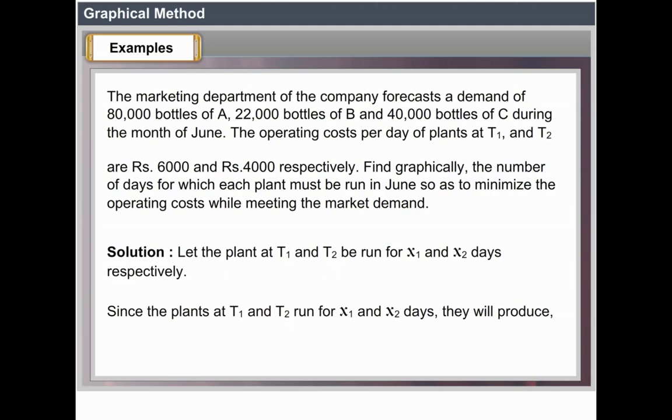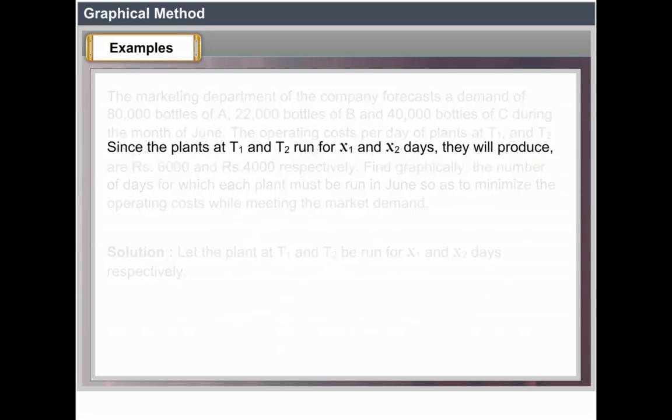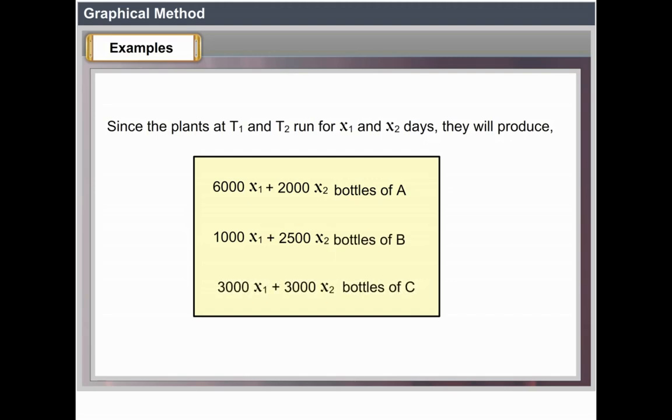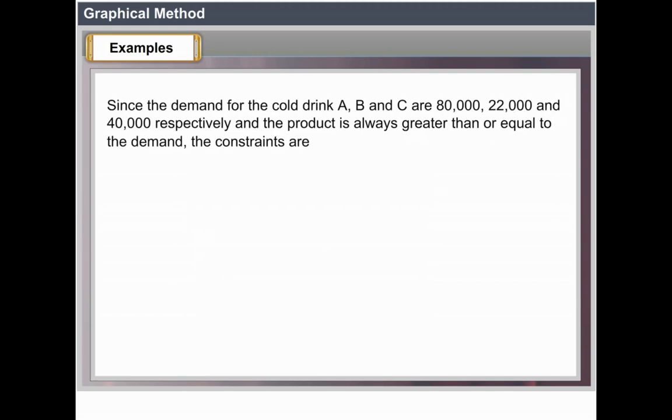Since the plants at T1 and T2 run for x1 and x2 days, they will produce 6000 x1 plus 2000 x2 bottles of A, 1000 x1 plus 2500 x2 bottles of B, 3000 x1 plus 3000 x2 bottles of C. Since the demand for the cold drinks A, B and C are 80,000, 22,000 and 40,000 respectively, and the production is always greater than or equal to the demand, the constraints are